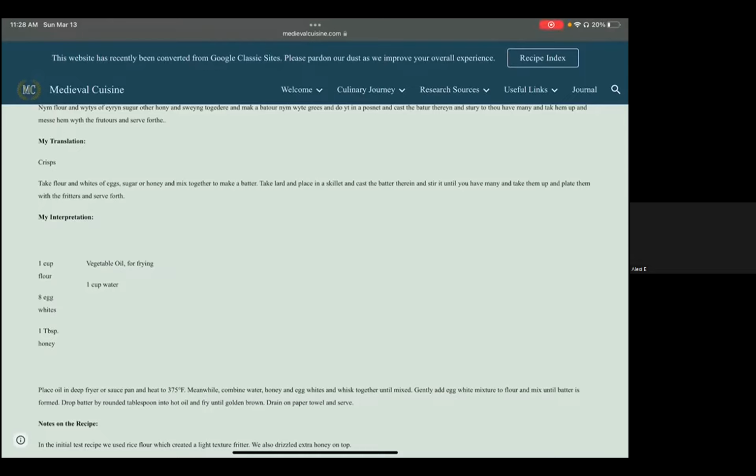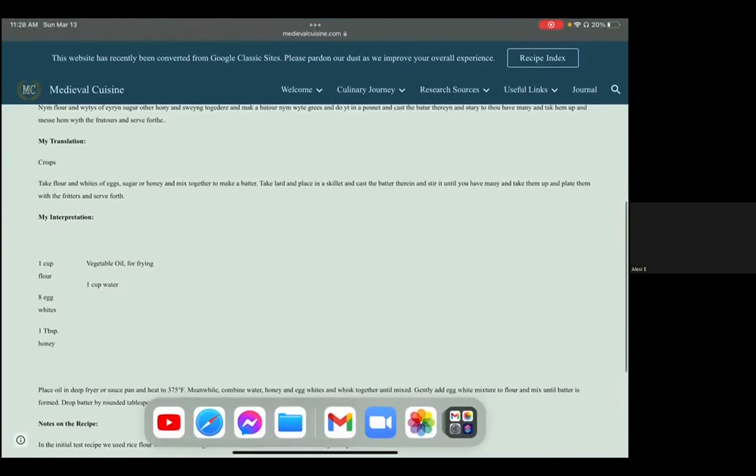I like to whip it a little bit just to make it a little frothy. You can make it stiff, but you don't have to. This is just to help bind it. And you just make a batter. And then you fry some oil, and then you drizzle over honey, which I like doing it with honey. And then I added some pomegranates and things like that.